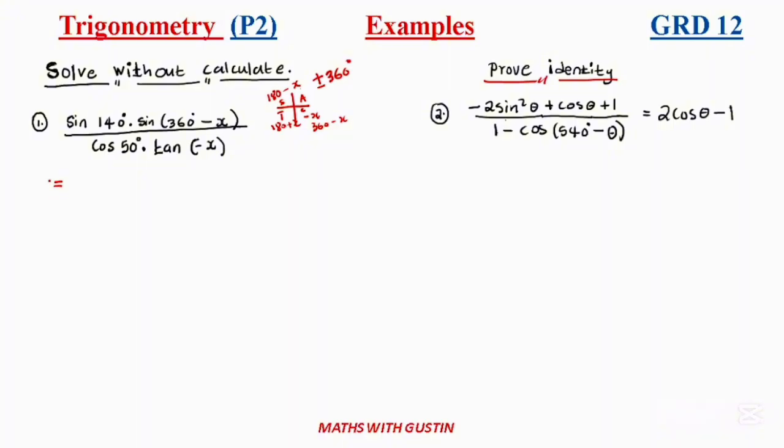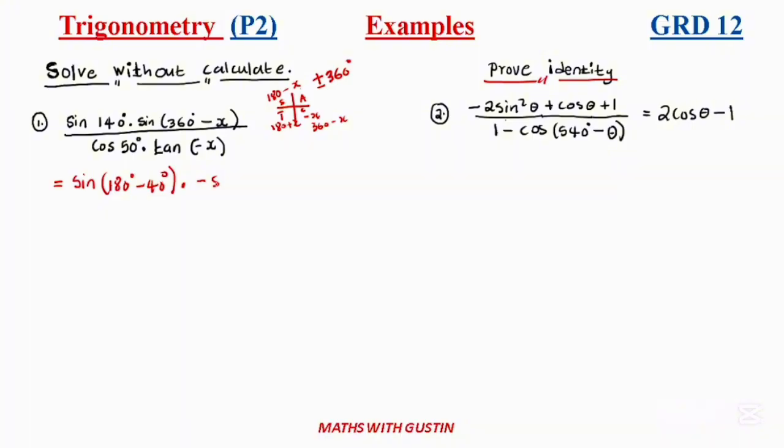Therefore it is taken from sine of 180 minus a certain angle that will give us 140, so it's going to be minus 40 here. Okay guys, and then 360 minus x